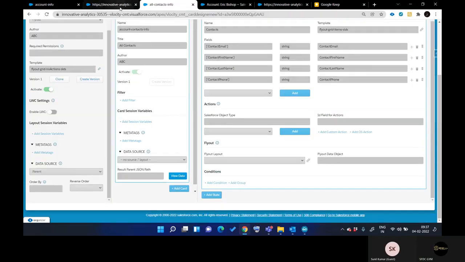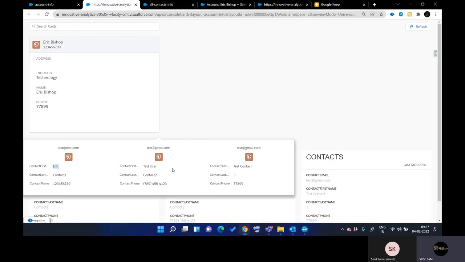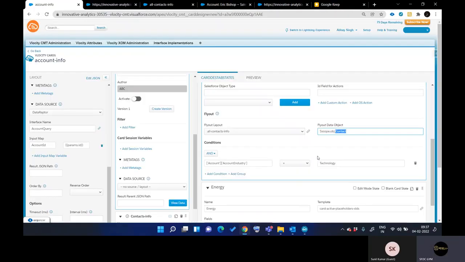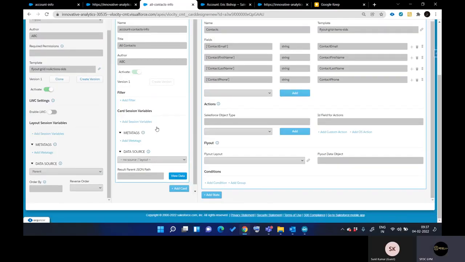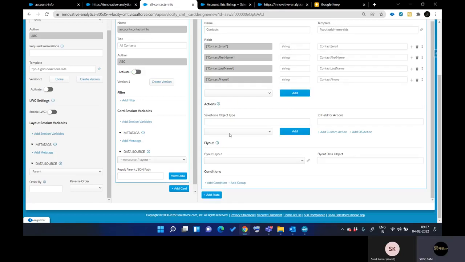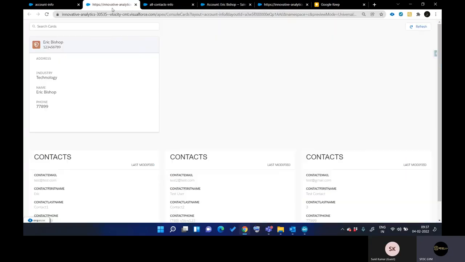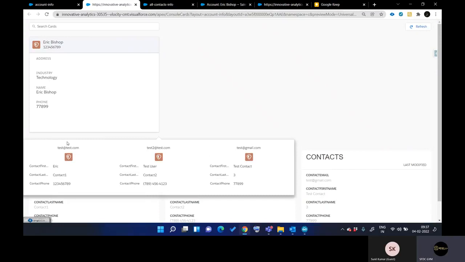So same thing you can see here also. If you go back, this information is displaying correctly. So that is the purpose of flyouts. It basically is used to display additional information that supports the card also. Now if you go back here, and if I deactivate it, you see here there is an option where we can again configure any other flyouts also. That means if I click here, let's say, and at this level if I click, it will again open